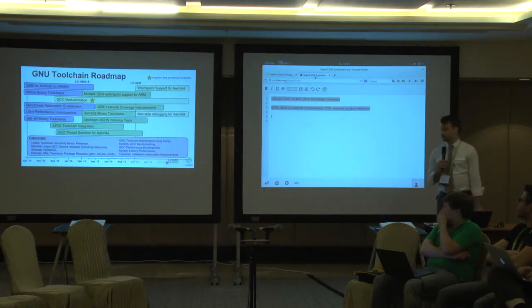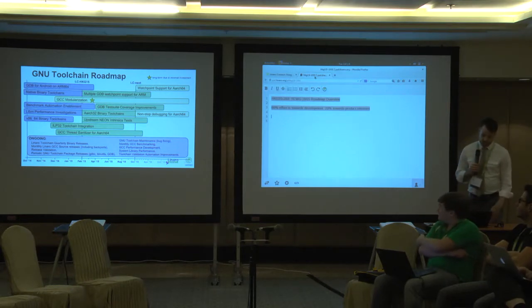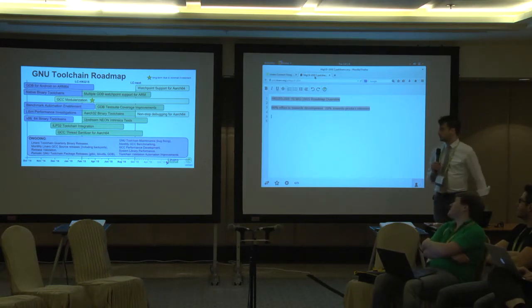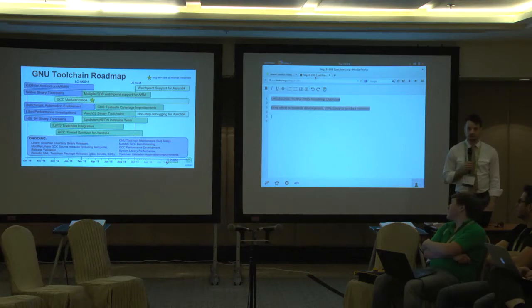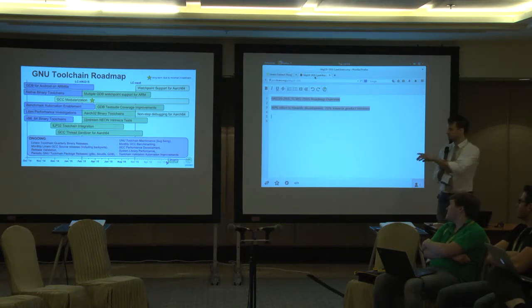So starting on the GNU Toolchain Roadmap, you see these three colored boxes. The blue are things that we're executing on right now that we feel we'll accomplish here in the next few months, I would guess. Green are the sort of midterm. We're looking at like a 6 month time frame for when those should complete. Some of those might push out. Always keep in mind with any of these, especially if there's an upstream component, they could slide out months, many months in fact. And our long-term efforts are our